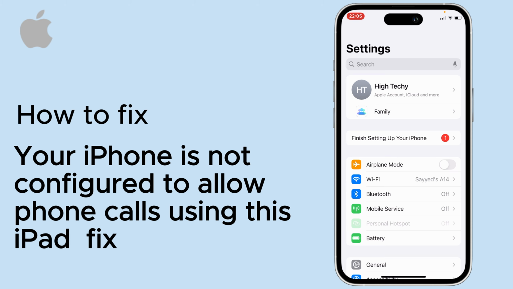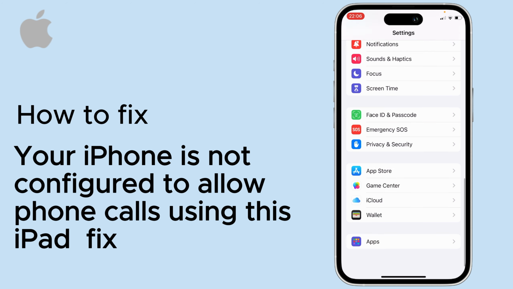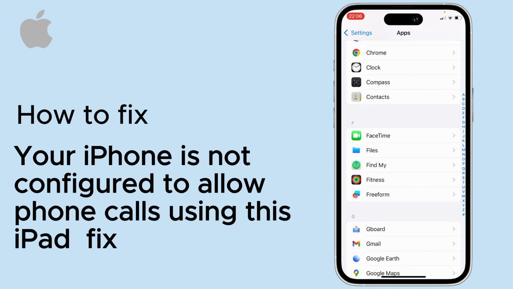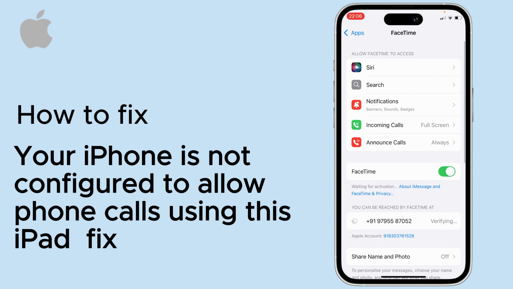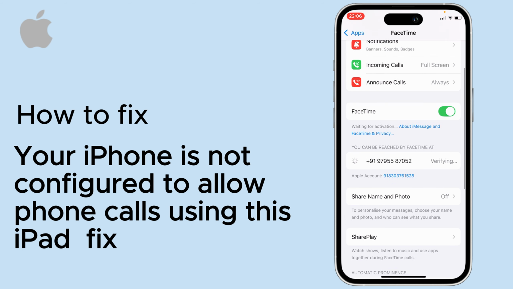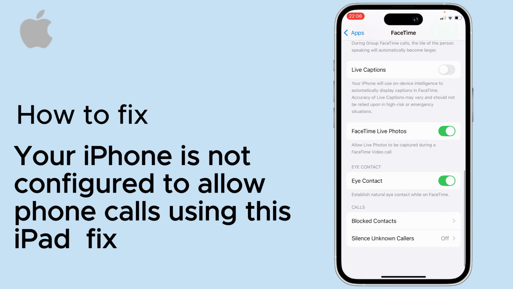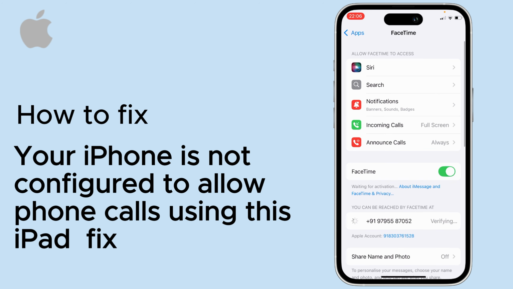If you're still facing the issue, go to settings again, and this time go to FaceTime and tap on it. Make sure the use Apple ID for FaceTime option is checked. From here, make sure use Apple ID for FaceTime is checked,